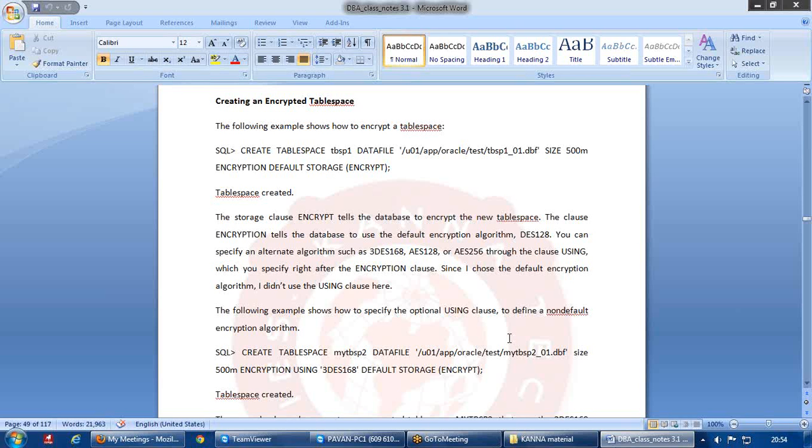If you feel that there are some tables which are important and the data should not be visible to others, then you can make all those tables sit in this encrypted tablespace. So if anybody, apart from the owner of the table, tries to hack the data from the table, it would not be possible for them to read and understand the data because it will be encrypted.